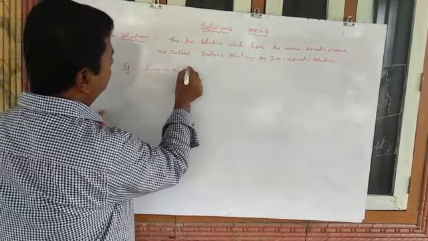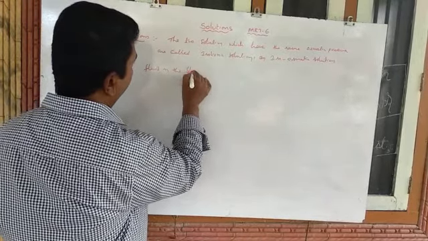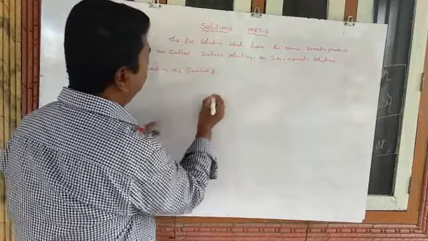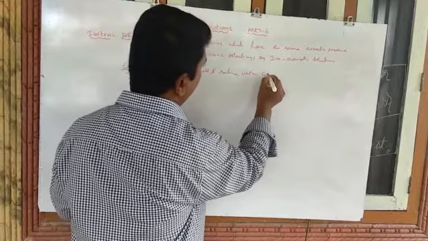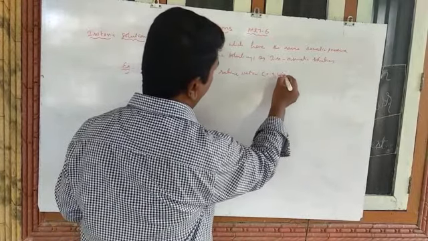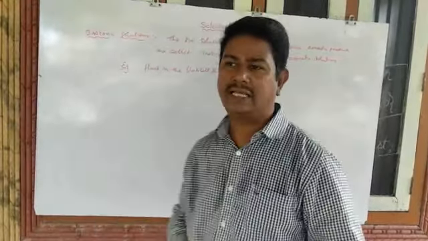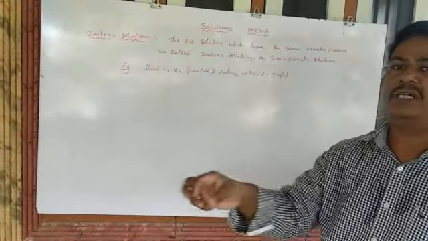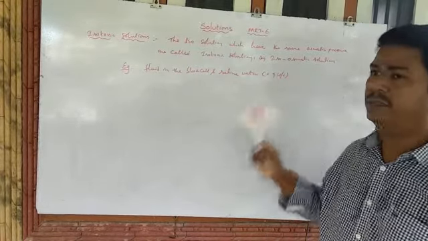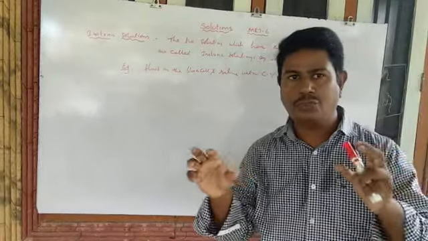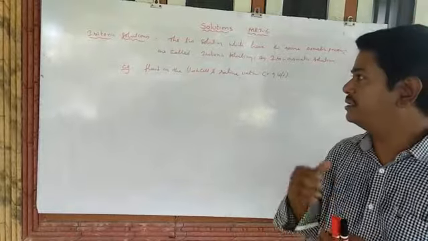Example, the best example: the fluid in the blood cell and saline water, which is 0.9 weight volume percentage. That means generally when you are sick, the doctor wants to inject saline water. That saline water is 0.9 weight volume percentage. That means the two solutions have which one? Our fluid cells. That means the blood cells consisting of which one?